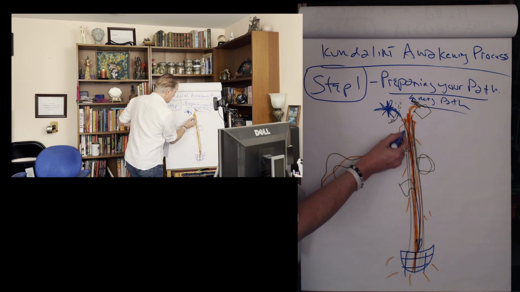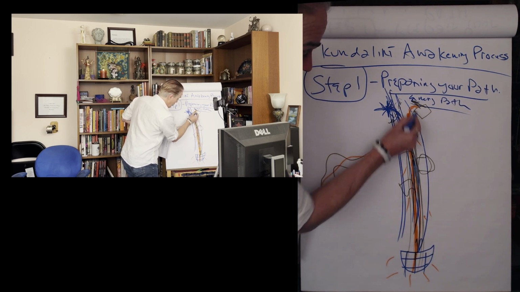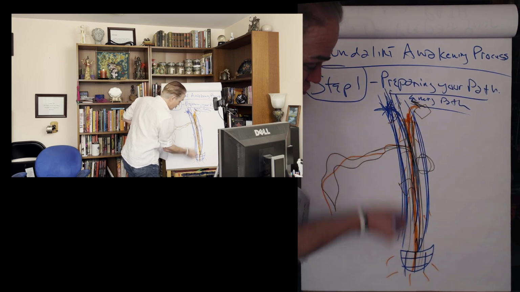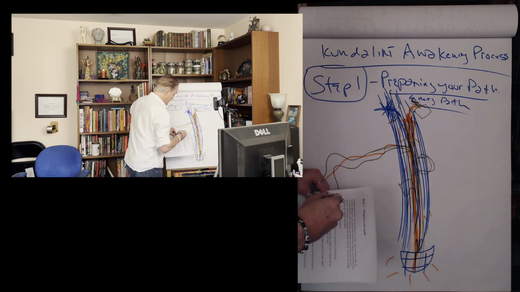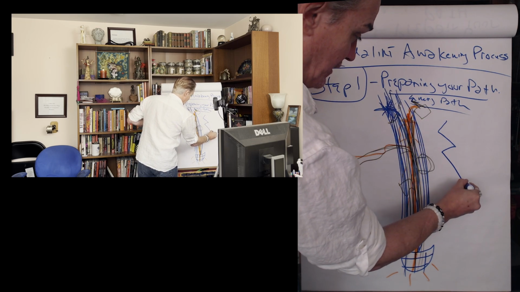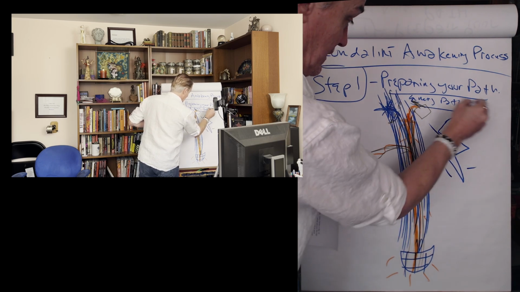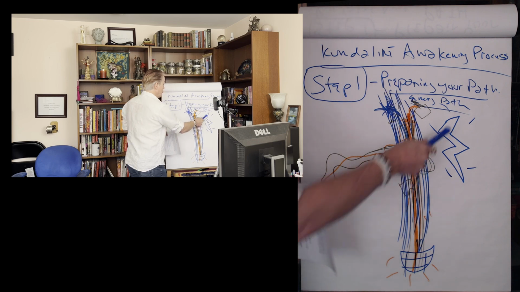And it comes not as a little bit, but it comes as a massive gush. In fact, it's going to go like this. It's going to blow away all these channels, all this crap. It's going to explode through here. This is called the lightning. I don't know if I can draw a lightning bolt here. It's called the lightning path for a reason.